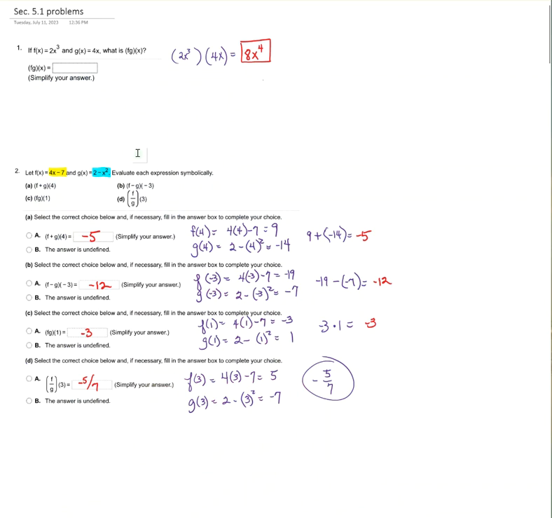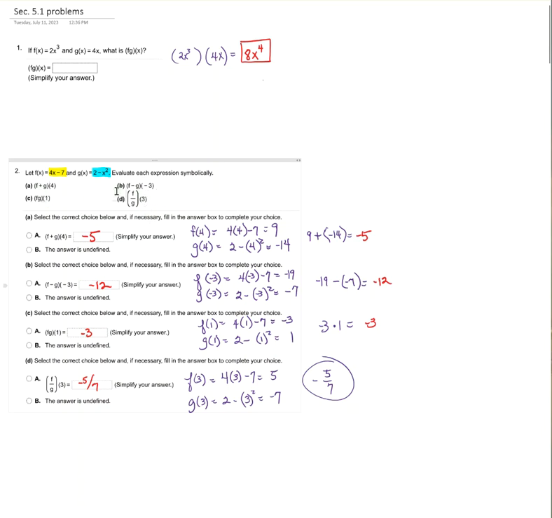Number 1, you're given an f of x and a g of x. What is fg? That means we're multiplying them. It's not a composition. So we'll just multiply these two together and get 8x to the 4th. Number 2, you've got f of x, which is yellow, and g of x, which is blue. And we're asked to do all 4